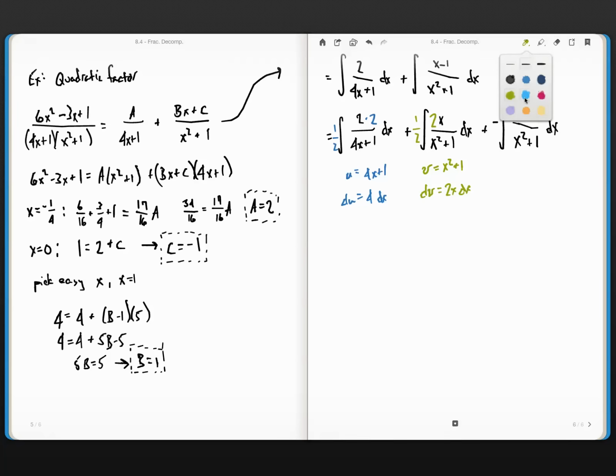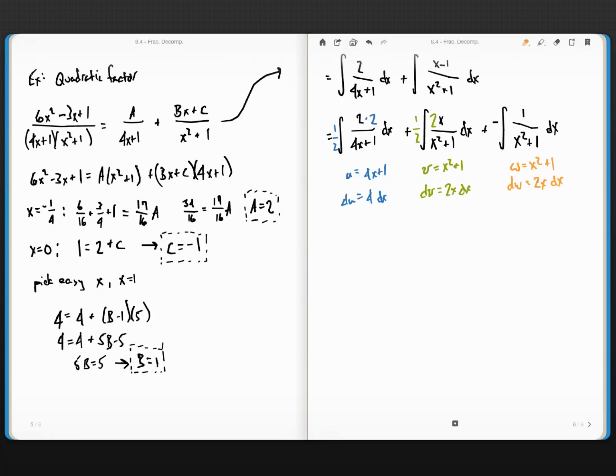And so lastly, this one, orange. If I said w equals x squared plus 1, then dw equals 2x dx, so I